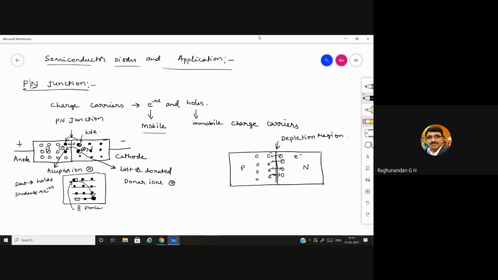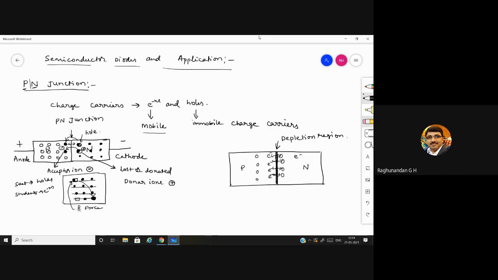This becomes a depletion region, and it stops the movement of the other electrons. You might think, okay, next these electrons can move. It cannot move, because of this exchange of electrons and holes near the junction, they are going to form a thick layer. That thick layer, which is known as the depletion region, is going to avoid further movement of charges across the junction. Okay, so this is how a depletion layer is created.